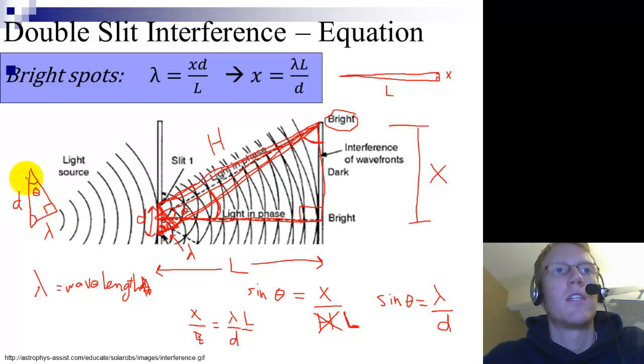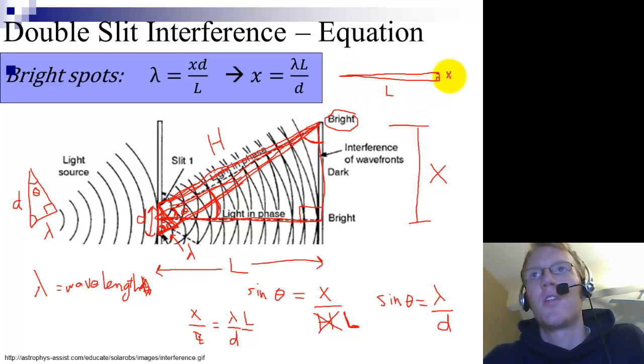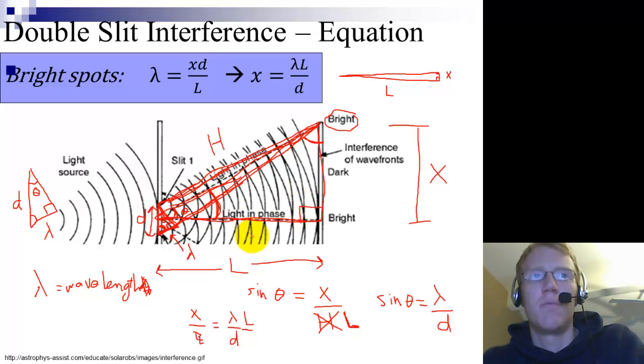So this one here has the angle theta, and this big one here has the angle theta right there, which is right here. And it requires all three of these lines to be essentially on top of each other, or the same line, which is the case if this distance L is much bigger than this distance x. So I'm happy to show you more in class if this doesn't make sense, but hopefully these two approximations are